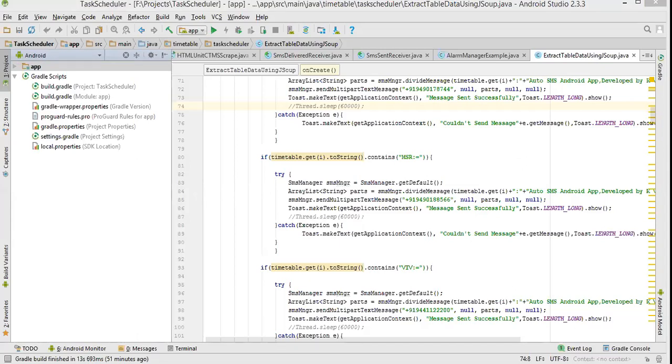You have three important files: build.gradle for the project, build.gradle for the module, and Gradle wrapper properties, that is the Gradle version. You have to take care of these three things before starting your Android app development. Otherwise it will ask in the console below to install the repository and sync the project. If I try this now, it will download the dependencies from the internet for a long time, and it will simply kill our time. So whatever packages I have downloaded, I will change in these three files: build.gradle project, build.gradle module, and Gradle wrapper properties.